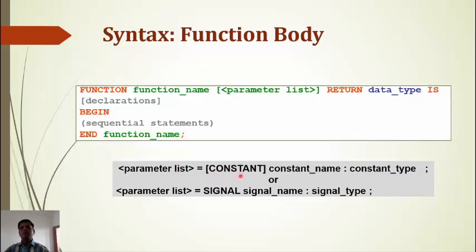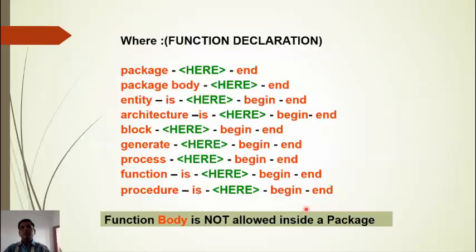And parameter list is equal to constant_name : constant_type; then parameter list is equal to signal_name : signal_type;